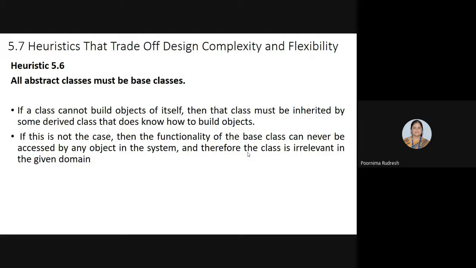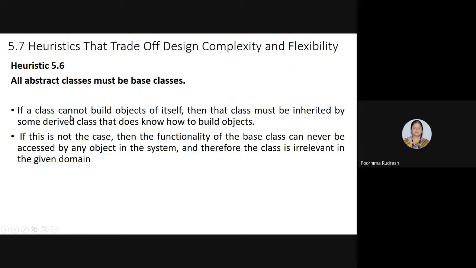Heuristic 5.6 says that all abstract classes must be base classes. It means if a class cannot build objects of itself, then that class must be inherited by some derived class that doesn't know how to build objects.